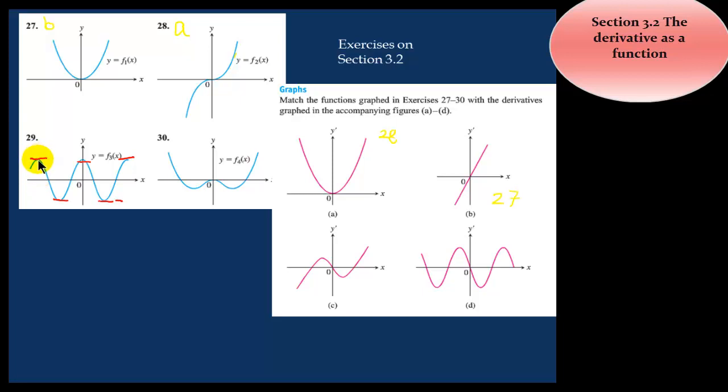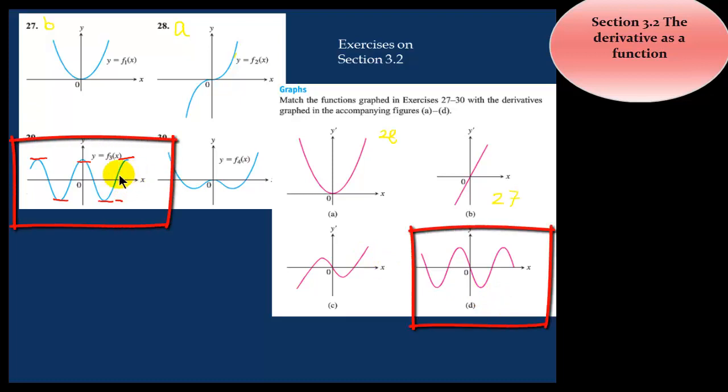So if that's a 0, we'll find where there are 1, 2, 3, 4, 5 times that the slope is 0. And I think letter D does match the graph of number 29 as its derivative function, because